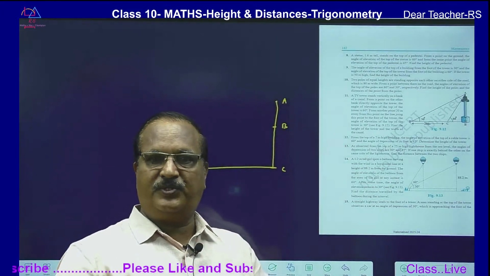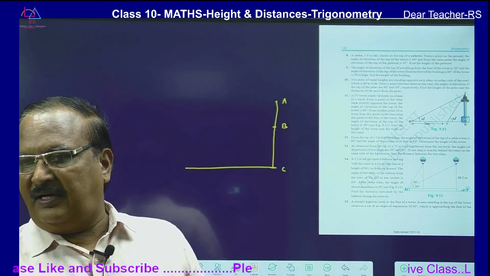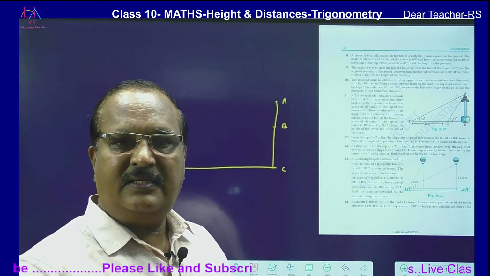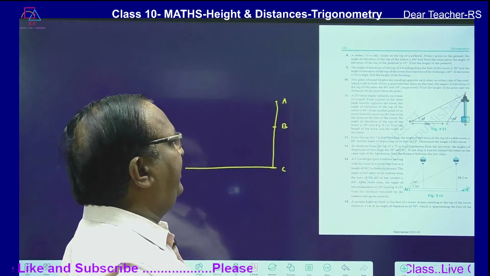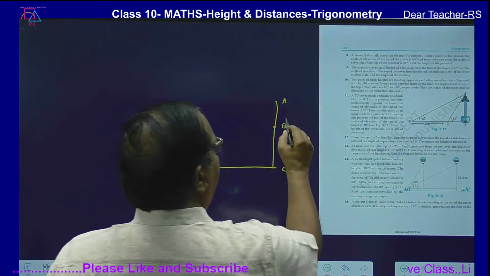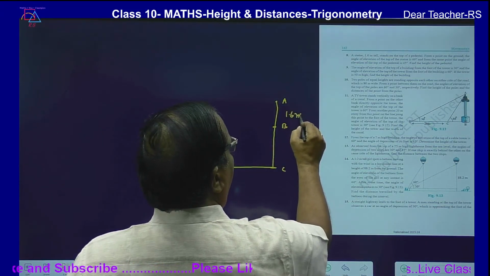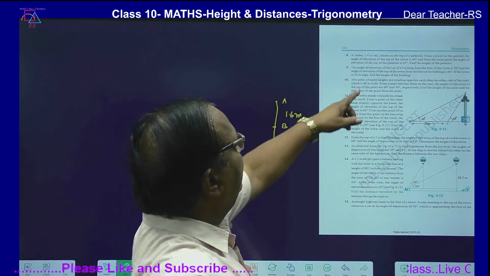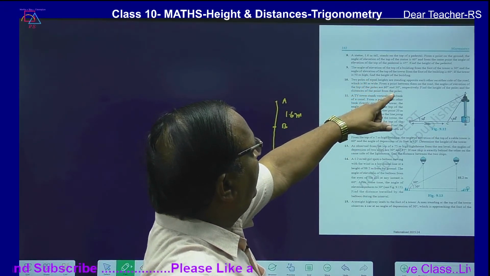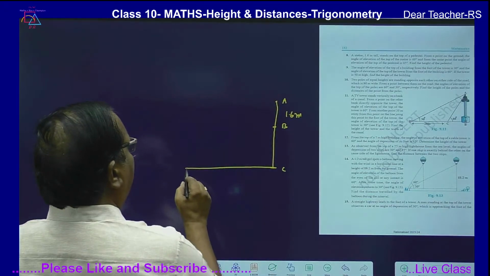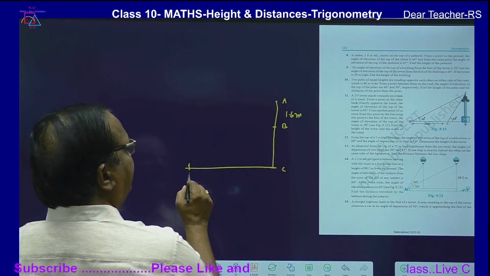I am not using geometrical figures, just a freehand diagram. This is 1.6 meters tall, and from a point on the ground, let us say D,